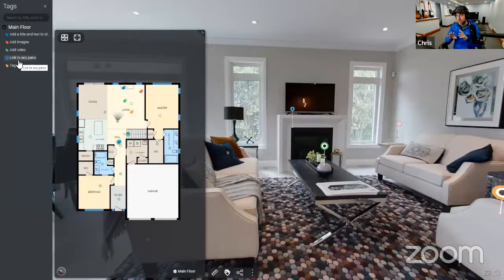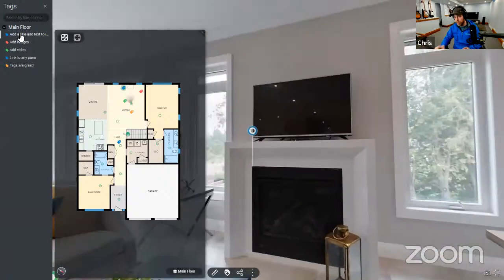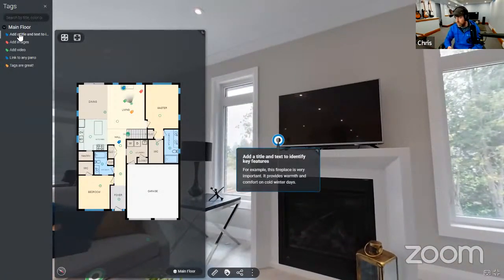So that means that there are not just 2 ways to navigate an iGuide, visually or on the floor plan. There's actually 3. You can navigate entirely from the tag list by just clicking on a tag. If you click on it, it takes you to that important piece of information. So this is an extremely valuable companion to the other forms of navigation because it empowers the real estate marketer by allowing them to communicate exactly what they want. And like I said, because you can include video, the amount of media you can include in an iGuide is essentially limitless.